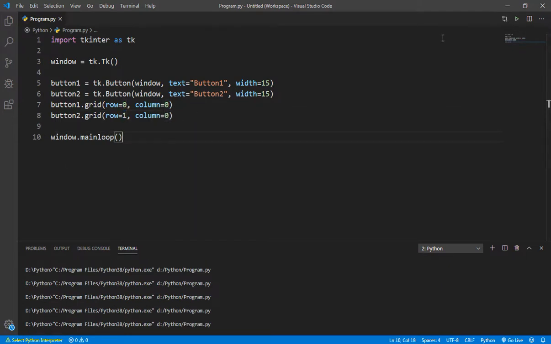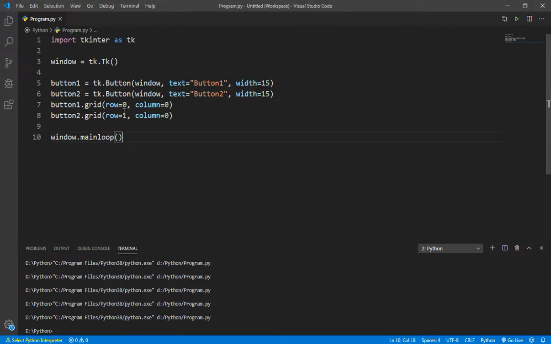Okay, now when we run our program, we can see button1 and button2 are there. Both are visible. Button2 is just below button1. Why? Because the width of the row is just according to button1, so it gave only that much space. It didn't give any extra space. You can use padding, okay, if you want. I will show it to you.